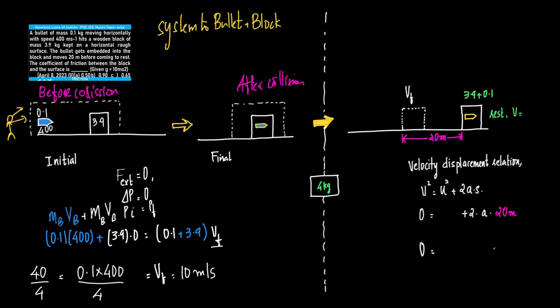Okay, now that we have this value of final velocity to be 10 meter per second, what can we do next? Now what we can do is we'll move to the second part of the problem. What is the second part of the problem? After this collision, the bullet gets embedded, yes, the bullet gets embedded, and then it moves 20 meter. So after this collision, the system is moving 20 meter, and finally it comes to rest. Therefore, the velocity here is actually equal to rest. And what is the initial velocity here? So if you come, let us say, for the motion along AB, if you write this for the motion along AB,